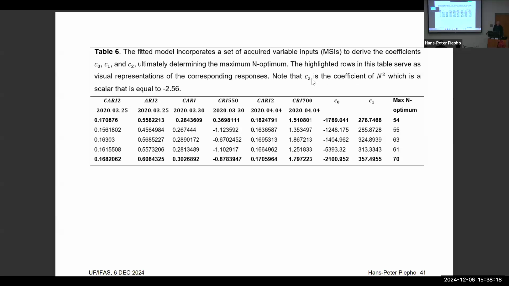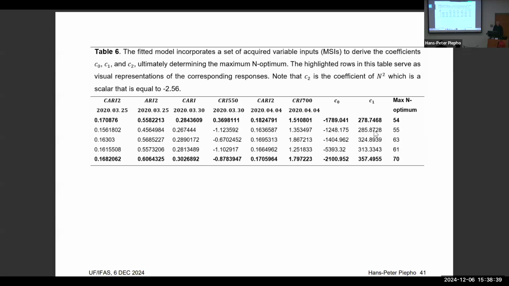C2 is always the same because that's just the coefficient for the quadratic term. The quadratic is just always there in isolation. It's never crossed with anything. You could do that, but that makes the model more complicated. C2 doesn't change, but C0 and C1 do change across the field. So you go down, you see C0 changes and C1 changes, and the economic optimum rate comes out